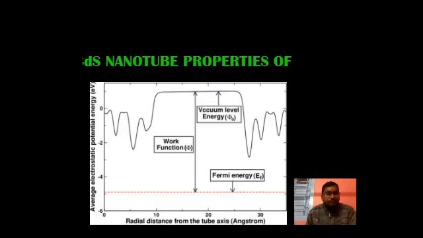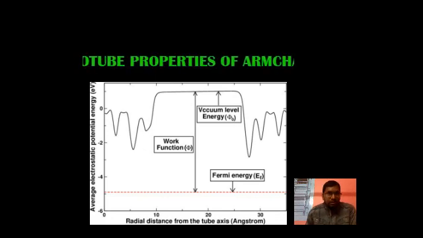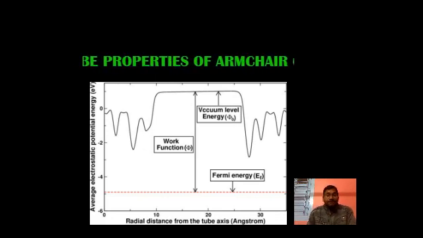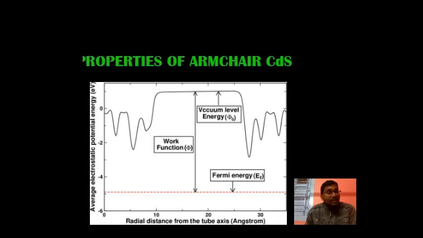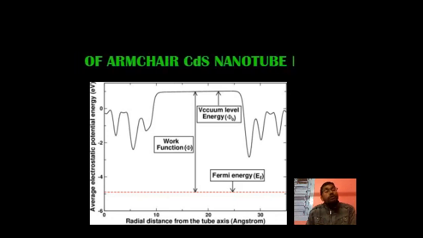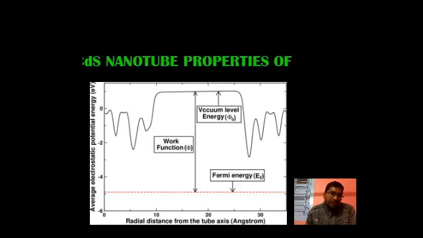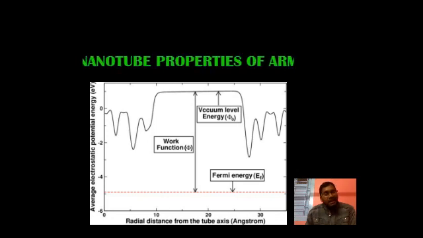Next, this is the work function. What is work function? Work function is the minimum energy required to extract an electron from the surface of a nanotube and put it far away, in the vacuum. We can see this is the plot of average electrostatic potential versus the radial distance from